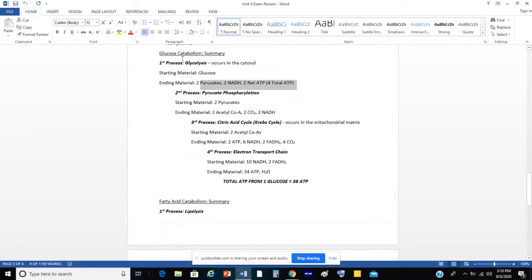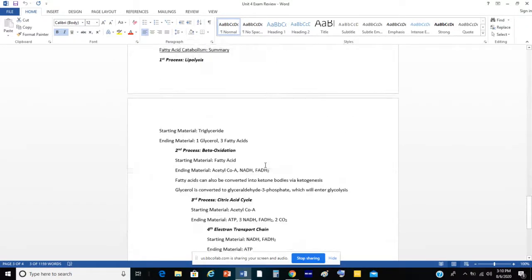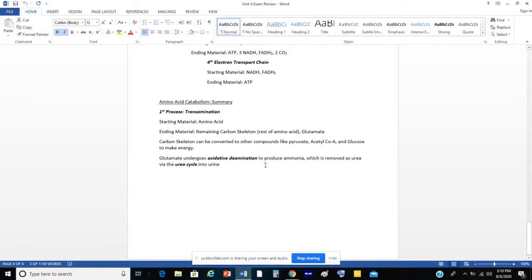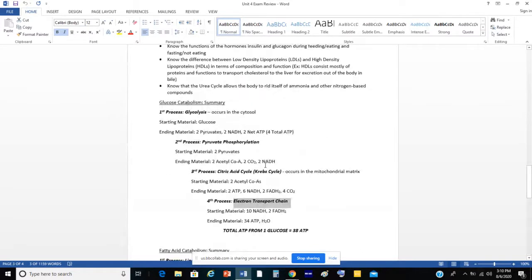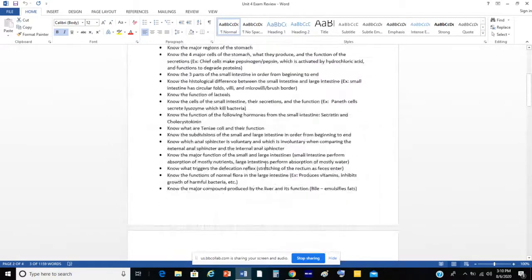When we talk about breaking down sugars, it starts off with glycolysis, then you'll go on to pyruvate phosphorylation, and then the citric acid cycle, and you end with the electron transport chain and chemiosmosis. And it tells you all the things you're starting off with in each step and everything you'll end up with after each step. And I do that for glucose, for fats, and for amino acids and proteins. So I'm not going to go into a lot of this detail because I've written it out for you. But as we go through the review, like usual,